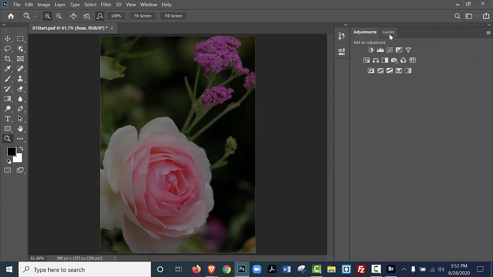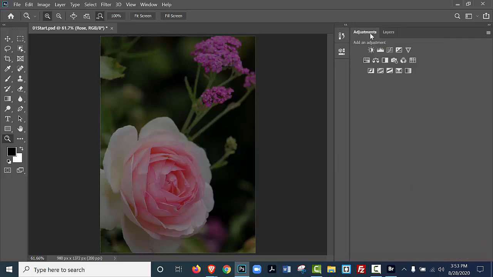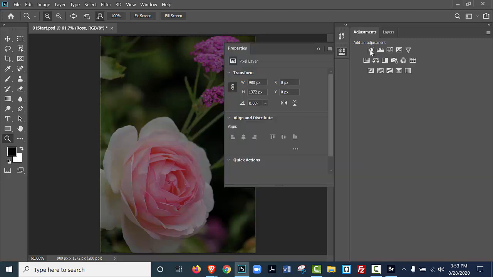So 2 different panels. I'm going to select my adjustments panel, and each one of these icons does something different. So if you hover over them, it should give you a tooltip as to what these icons do. All right, so the one that I'm looking for is brightness and contrast, and it's the very first one that looks like a partly cloudy sun. So I'm going to select that,